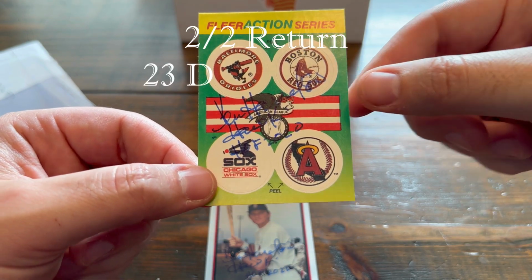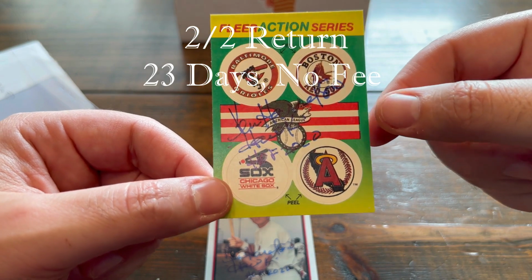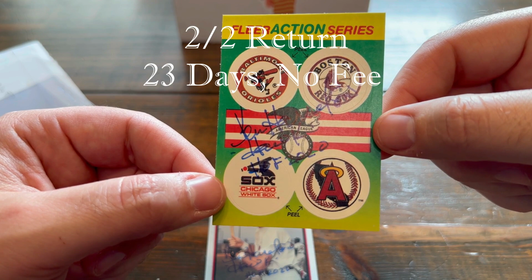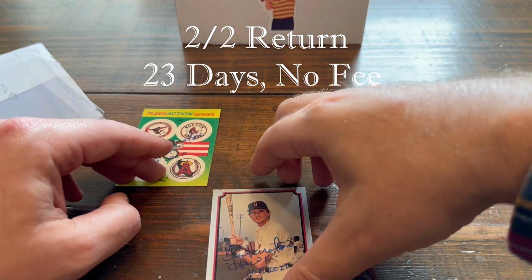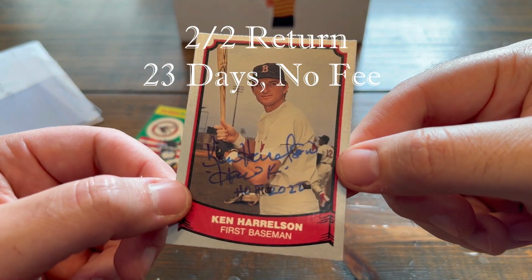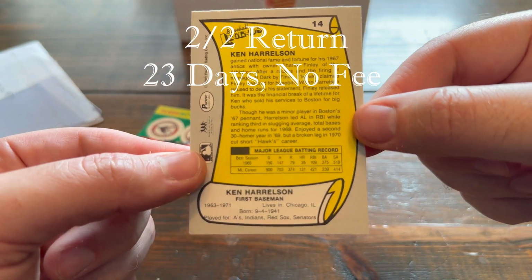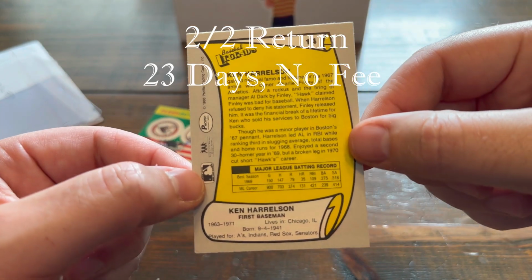So yeah, I love this one because not only did it have the White Sox logo, but it had the Red Sox, which he played for the Red Sox and obviously coached, managed, and announced for the White Sox. So that's a great one. And then I had him sign this throwback. These were not reprint cards, but this is not from his actual playing days. I think this was printed in, what's the date on this? Yeah, 1988 Pacific Trading Cards,